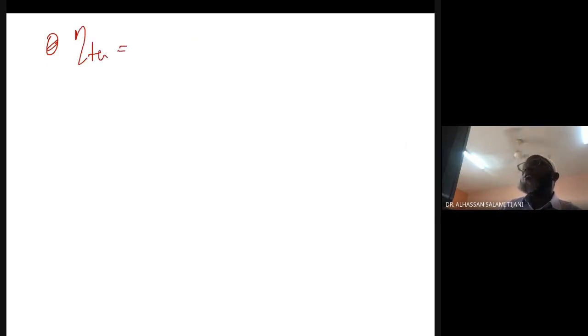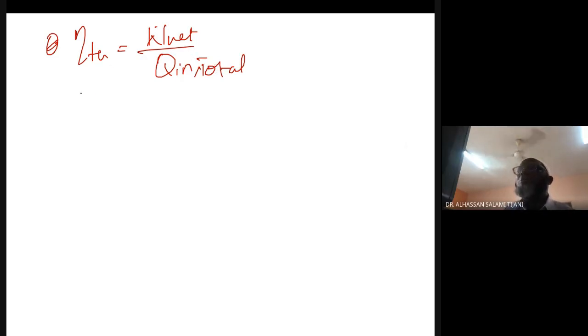Thermal efficiency is the W net divided by Q in, or Q in total. All right. So I've told you Q in total. This gives us Q in total